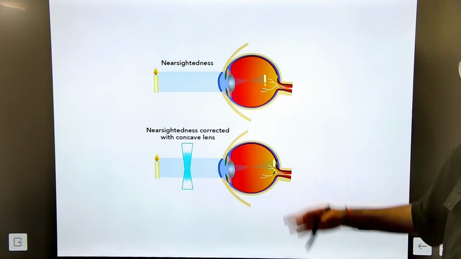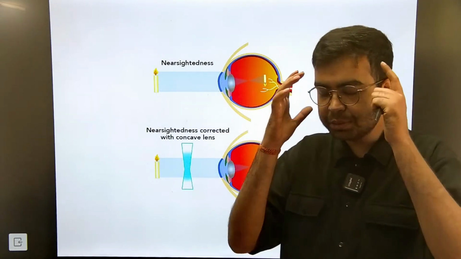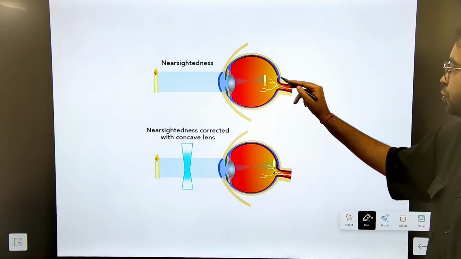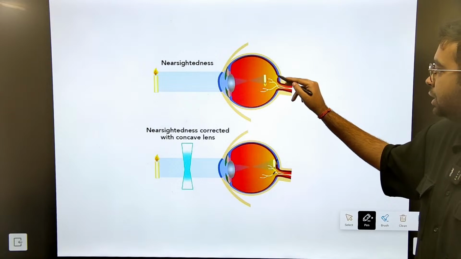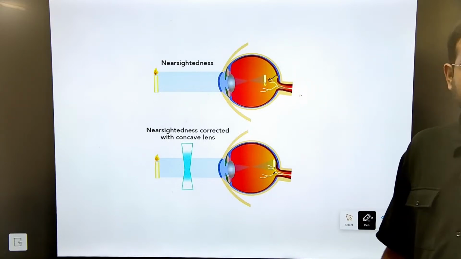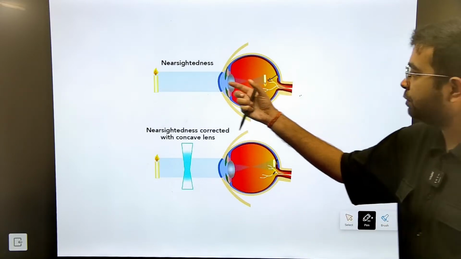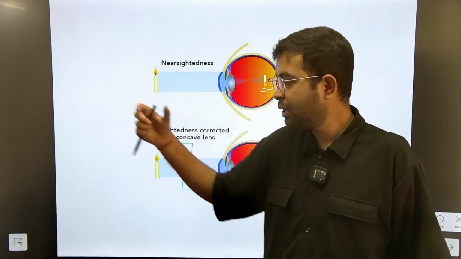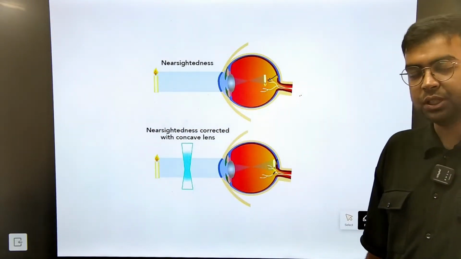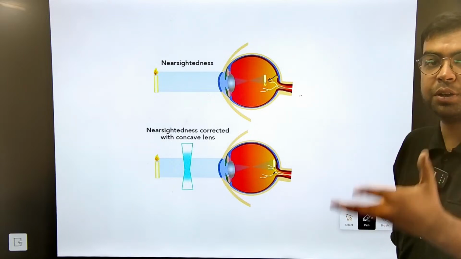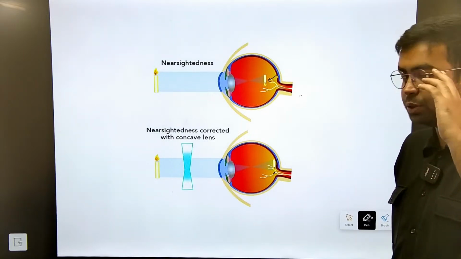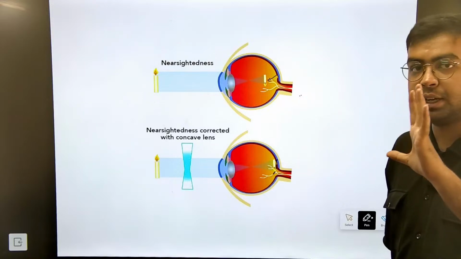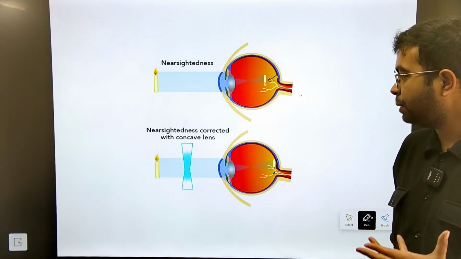बट यहाँ पे क्या होता है, कभी कभी the eye becomes a bit elongated। ठीक है? और इलोंगेशन की वजह से क्या होता है, जो फोकल लेंथ है ना वो स्क्रीन से थोड़ा सामने आ जाता है। Because of which what happens, if the object is far away from our eyes, then the image is not formed on the screen, the image is formed a bit in front of the screen। उससे क्या होता है, हमें धुंधला दिखता है, we are not able to see the image of the object clearly। ठीक है?